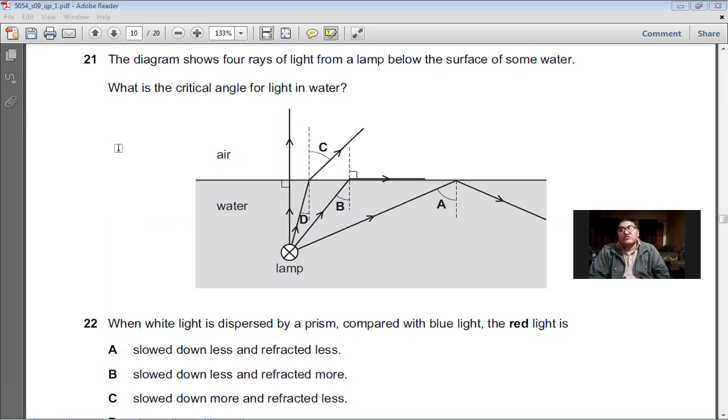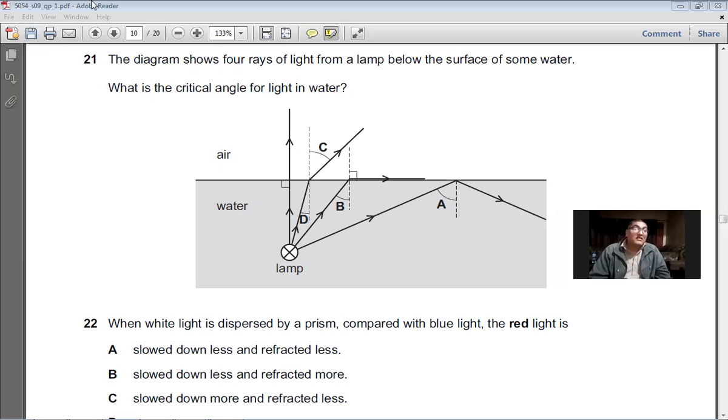The diagram shows 4 rays of light from a lamp below the surface of some water. What is the critical angle of light for light in water? You see, the critical angle is that angle of incidence in the dense medium for which the angle of refraction in the rare medium is 90 degrees. So that angle of incidence is called